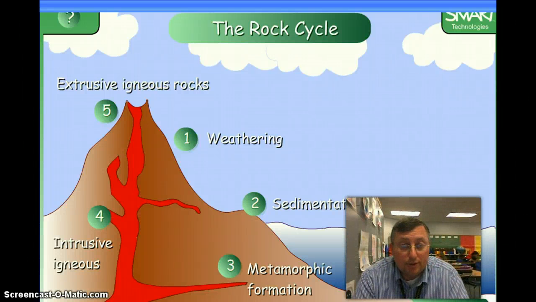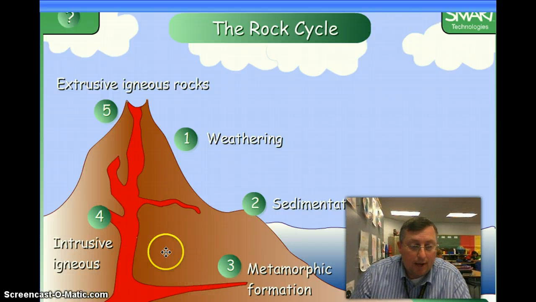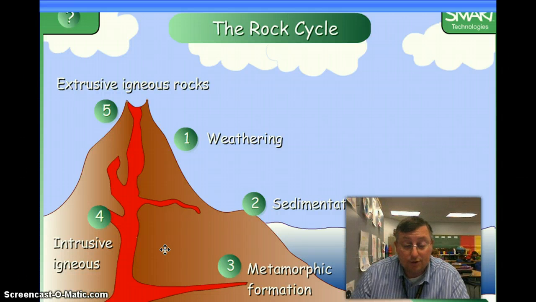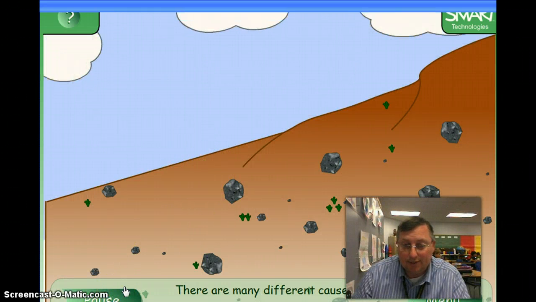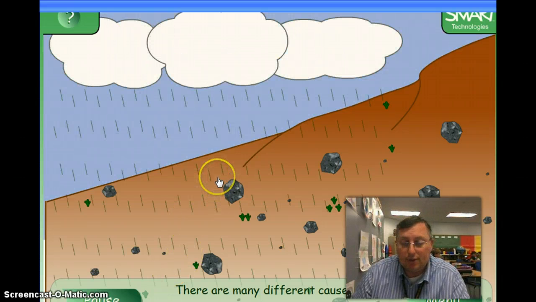Section 4.2 out of our chapter book here is all about how microorganisms change the soil that we live with. Kind of thing we're going to review a little bit is our rock cycle. Last section we talked about weathering. And if we look at weathering, you probably saw this in the last video, but we're talking with just weather,